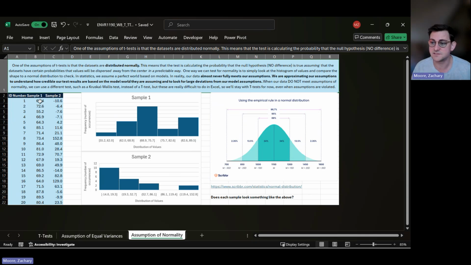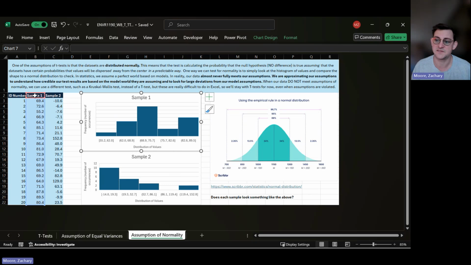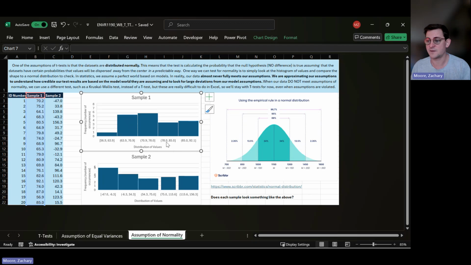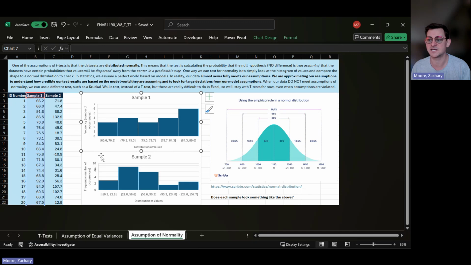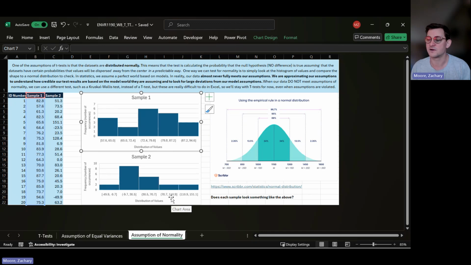So all we have to do is highlight this data and then go to insert and make our histogram, and I've already done that here. So if we update this data, you can see that every time it changes what the shape of this distribution of the data looks like. And what we're looking for is, does this shape look like this shape? Now you'll see that in statistics, we hope that every time it looks exactly like this shape so that we